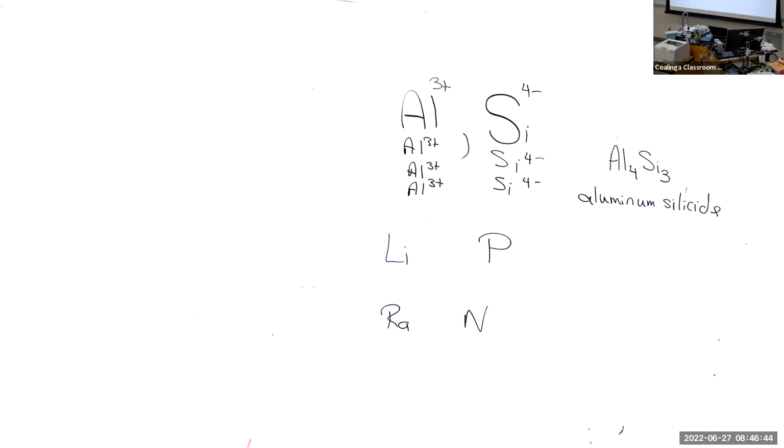Okay, next one. So you're gonna have 3 Li. Lithium, what's the charge of lithium? 1? So we have 3 of them. P is -3, and then P is -3. So it's gonna be Li3P, and it's called